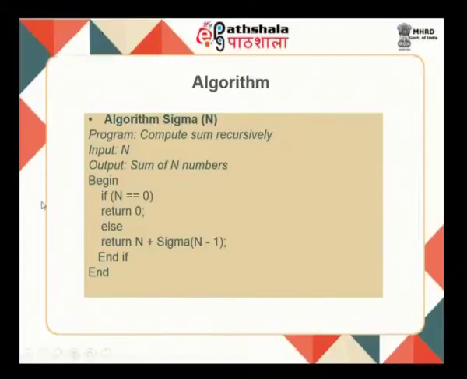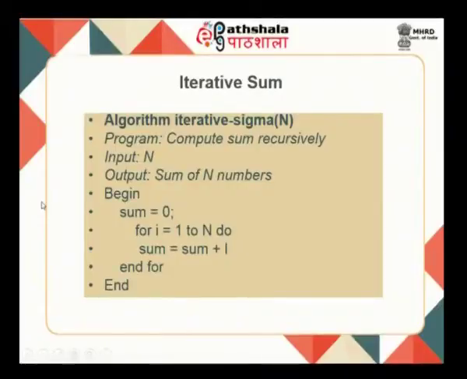Fine. You can ask a question like this: why can't we write in an iterative manner? We can also write an iterative algorithm for this, and the iterative algorithm is going to be like this. You can see the input output problem statement is exactly similar, but in the body we write sum equal to 0, then we start a loop for I equal to 1 to n. Under that circumstance, we say sum equal to sum plus I. So, this is what the iterative sum is all about.